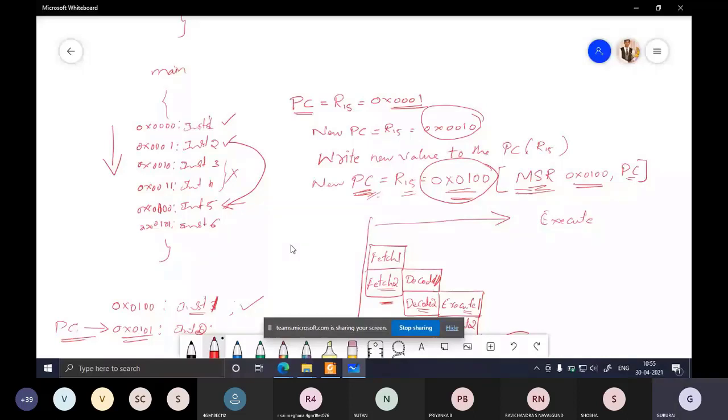So link register values will be automatically updated only when an ISR is called, or a function is called, or a subroutine is called. Automatic updation of link register will take place only if these happen.